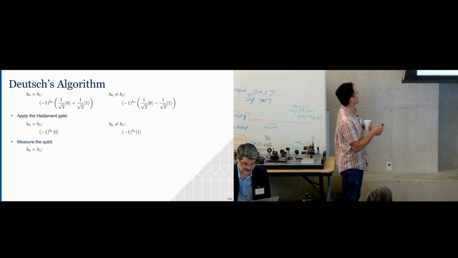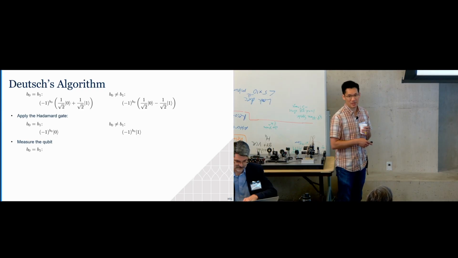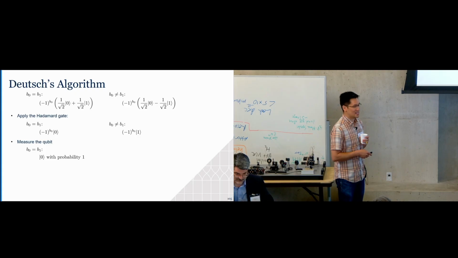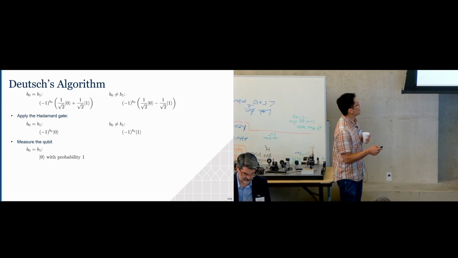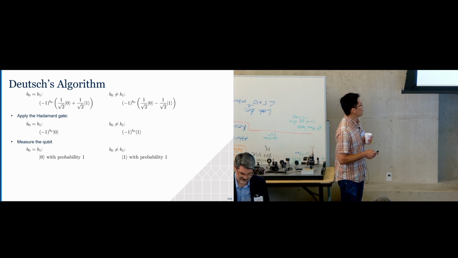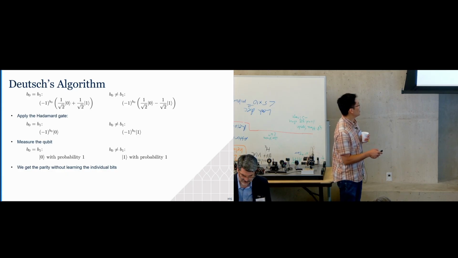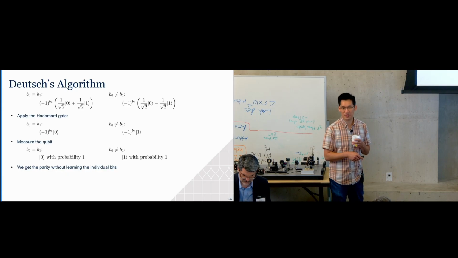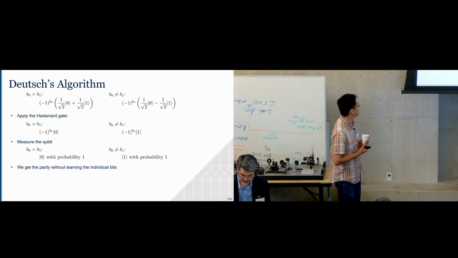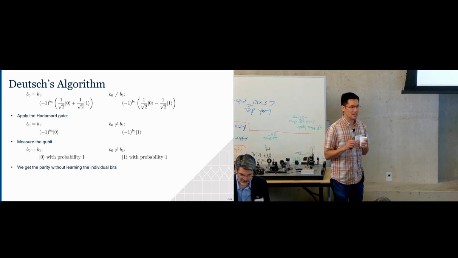Well, if the parity is even, we're certain to get that the bit is 0 with probability 1. If the parity is odd, we're certain to get 1. So again, if the parity is odd, we'll get 1 with probability 1. And that allows us to distinguish what the parity is. So here, if the parity is even, we get 0. If the parity is 1, we get 1. And so we're able to determine what the parity is with only 1 query to the oracle,